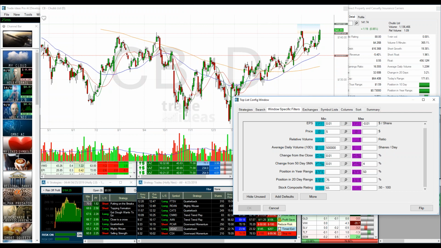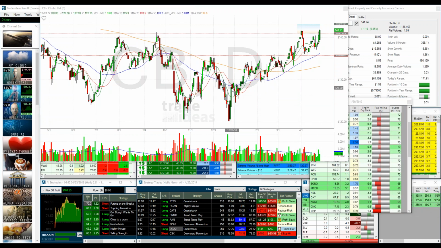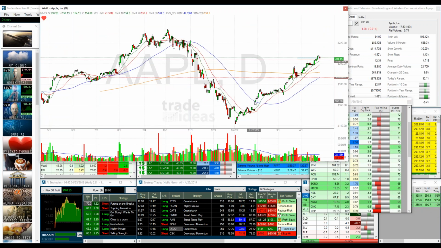In other words, you're not going to find any score like Apple was on this day in the upper 90s or 80s, because technically it is, now fundamentally it's still sound. It's still meeting all the fundamental characteristics. It's getting all those points designed for the fundamental side, which is about 4 or 5 metrics. But technically it has fallen from grace, let me just pull it up real quick. So even though it's popping above its 50, it's still well below its 200, well below its yearly range, lifetime range. So there's a lot of points I know it's not getting.